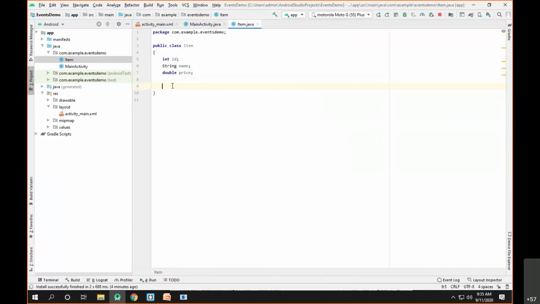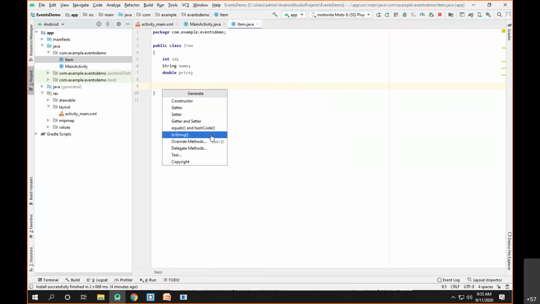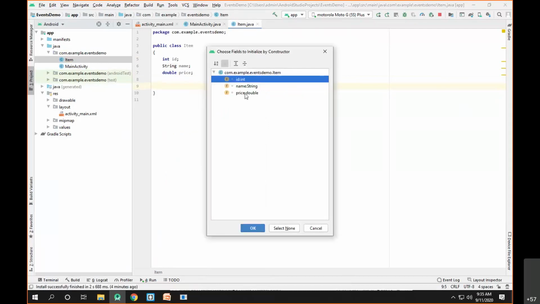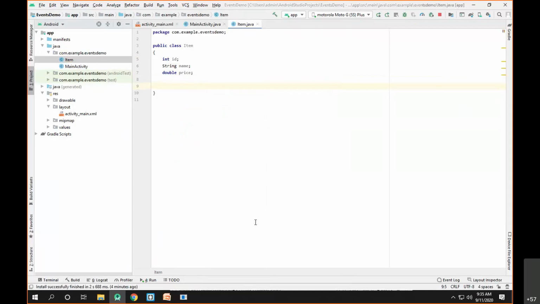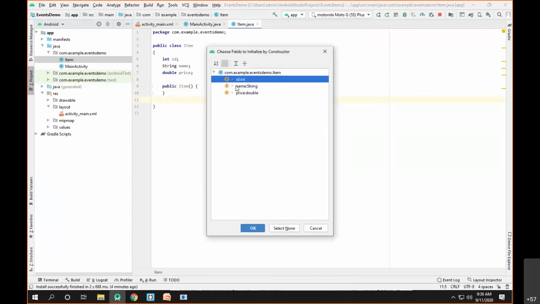Now here we need to generate the code, so we'll right click here and click on generate. First, the constructors we need to generate: the default constructor that we want, and the second is the parameterized constructor, so we'll click on generate constructor.